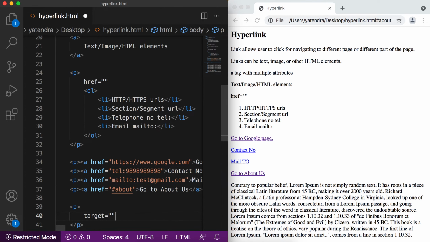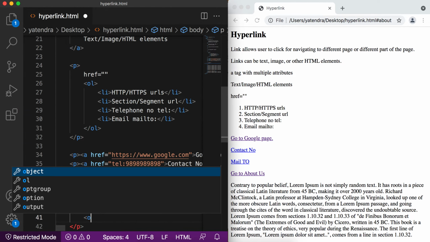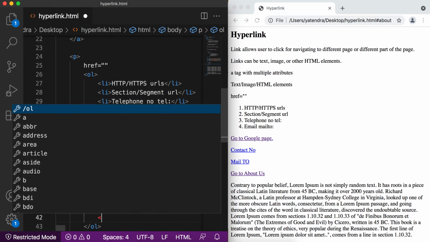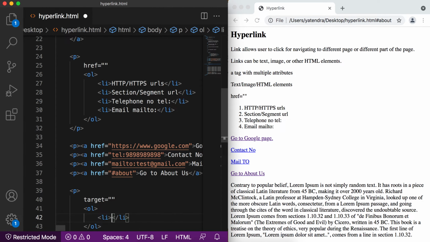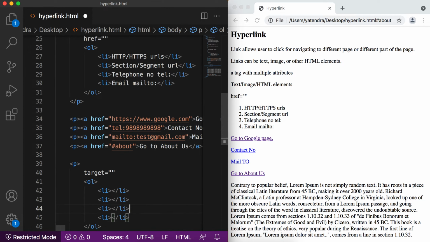Let me add one list here, add some items here. First we have self, blank, parent and top. So these are the possible values of the target attribute.